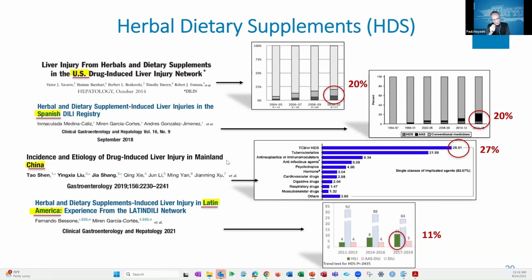Clinically, this is an issue because subjects and patients are less inclined to divulge their herbals if you don't pointedly ask them about it. And if you don't, and there's a liver injury, your drug will be on the hook, when in fact it was an herbal that the patient was taking that you didn't know about. And even if you do find out about it, do you want that noise in there and the angst and havoc that it creates? Because then you're going to have to report it, work it up, do all those things.